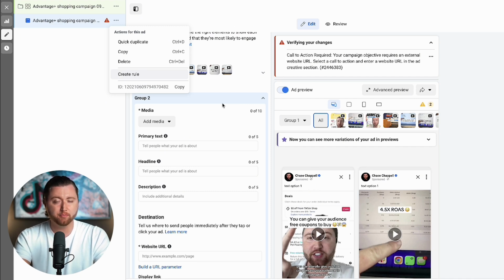And whenever you're spending those kind of budgets, you might say, well, how does it get through learning? Typically, learning will exit within the same exact day because you're spending so much, you're getting a ton of purchases. And because there's so much flow through of data, Facebook's able to optimize on its own and get you the best results possible. So most people are totally comfortable with starting their daily budget at $10,000 to $20,000 per day,